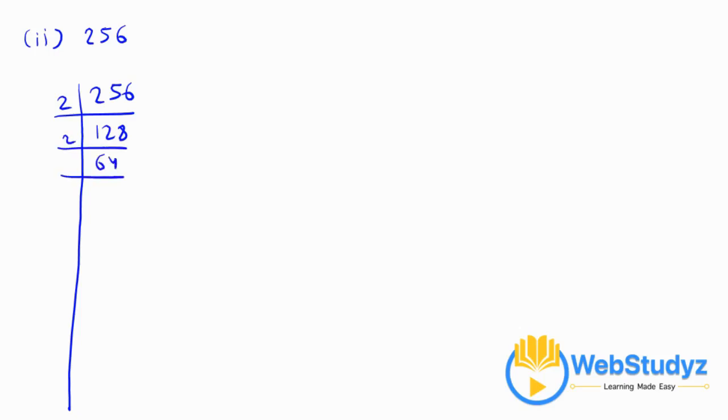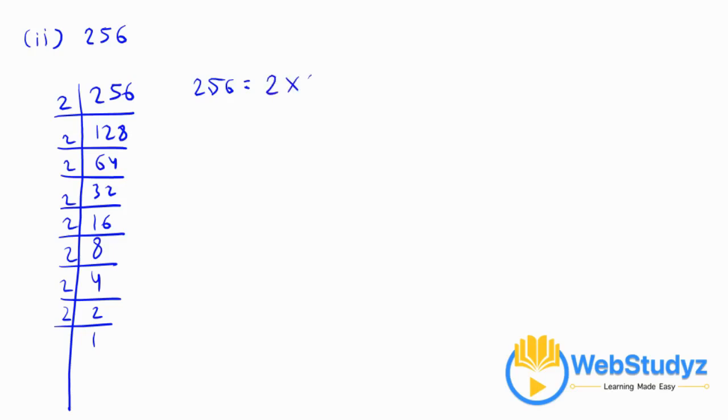256. Now taking LCM of 256, dividing it by 2, we get 128. Again dividing by 2, we get 64. Again dividing by 2, we get 32. Again dividing by 2, we get 16. Again dividing by 2, we get 8. Again dividing by 2, we get 4. Again dividing by 2, we get 2. Again dividing by 2, we get 1. So the factors of 256 comes out to be